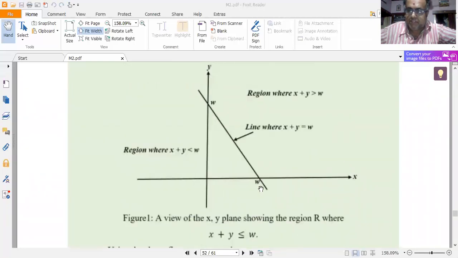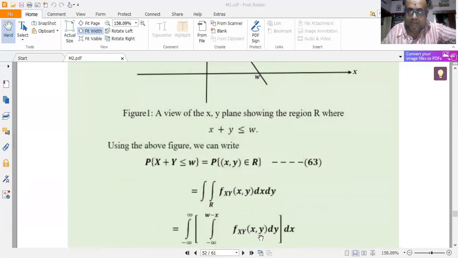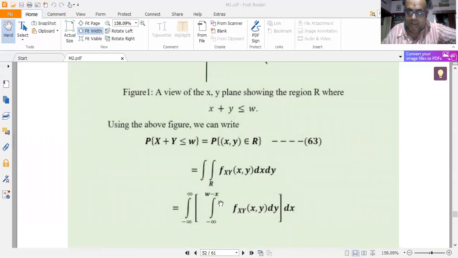Now x ranges from minus infinity to plus infinity. When the outer variable is ranging from minus infinity to plus infinity, I need to express y in terms of x. That's how we do it mathematically. So x is the outer integral and y is the inner integral. But when expressing the limits of y, I express them in terms of the outer integral variable. So y ranges from minus infinity